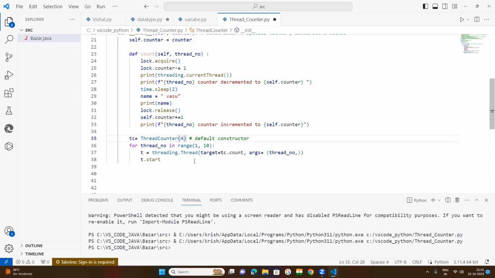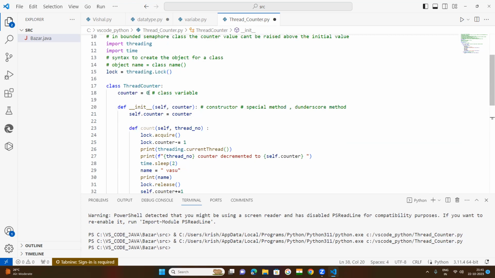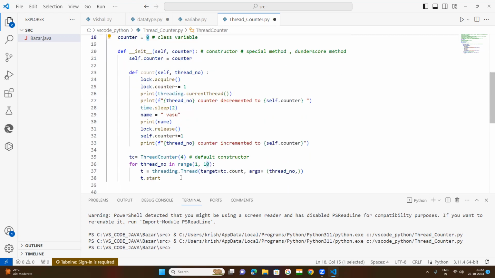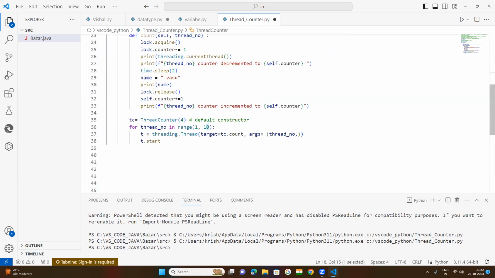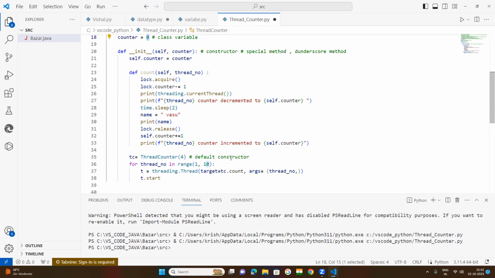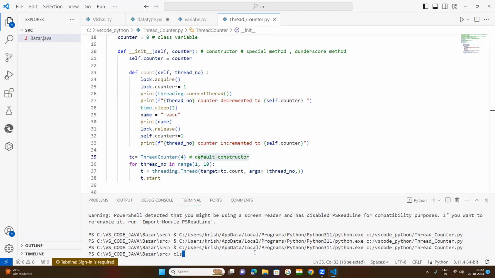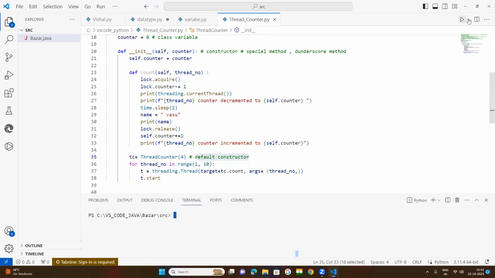Suppose initially your counter is 0, so that will be updated by this, where is your counter, default counter, this is your, okay. So now what happened, let us see now. So cls again, okay, you run this code,